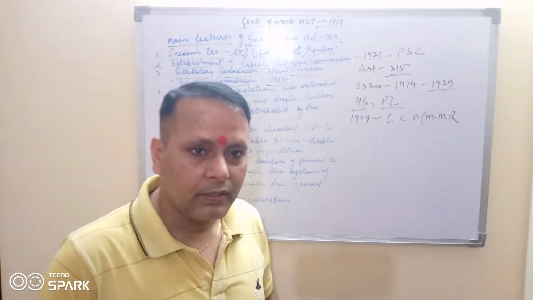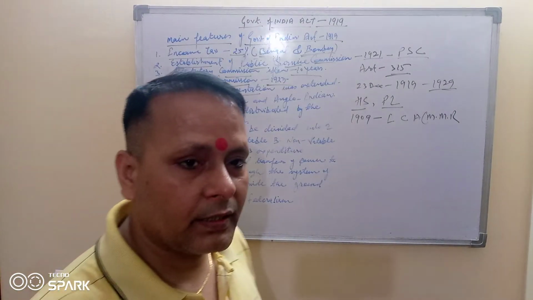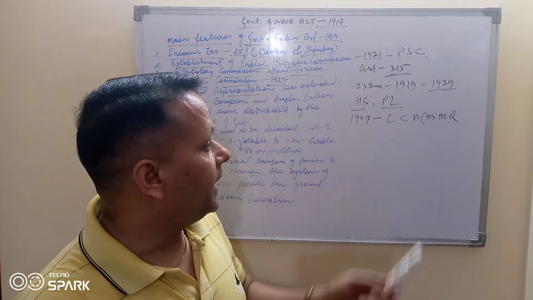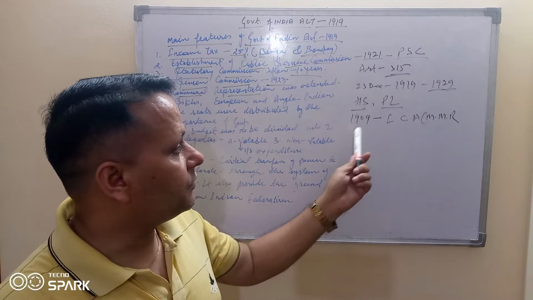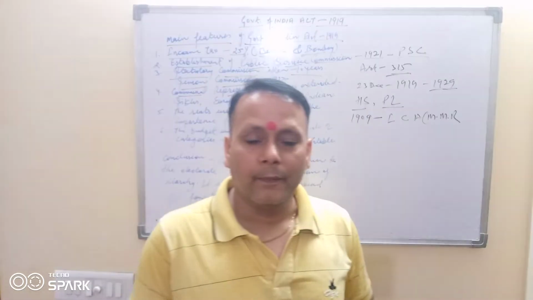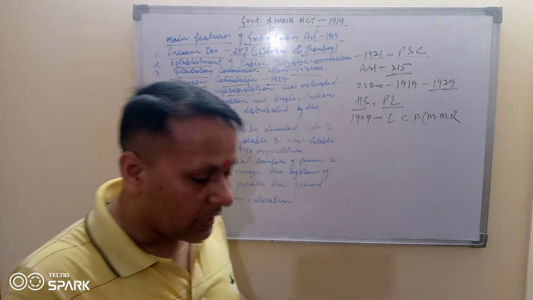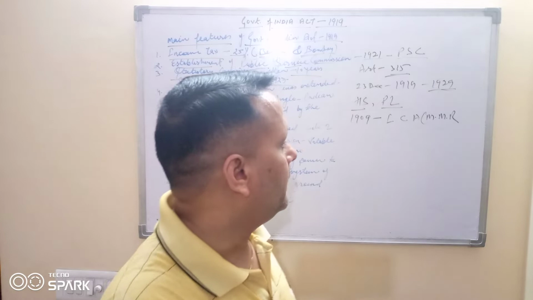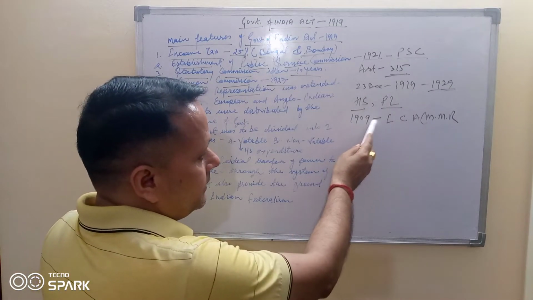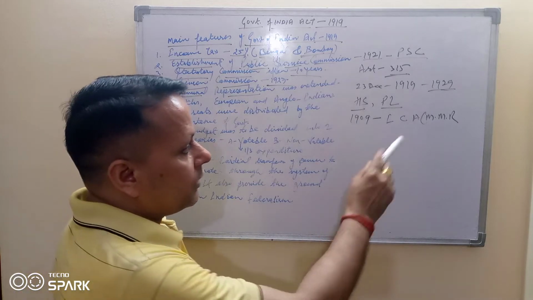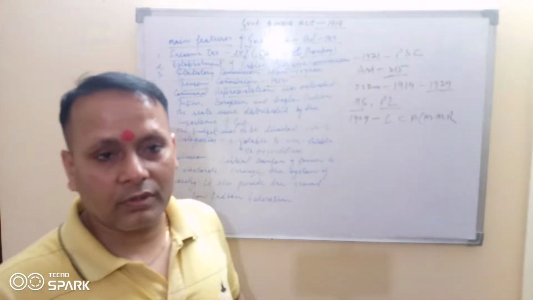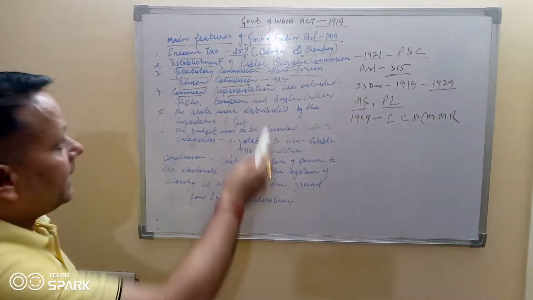For the Muslim community, a separate electoral college has been provided. This is very shameful, and very harmful for all Indian civilians. So in 1909, the Indian Councils Act already provided a separate electoral college for the Muslims, and in 1919